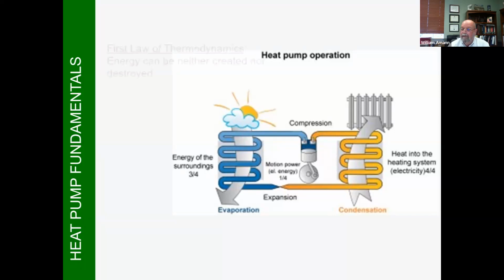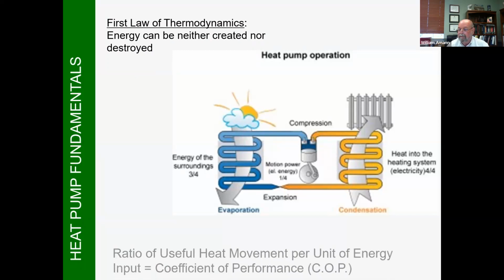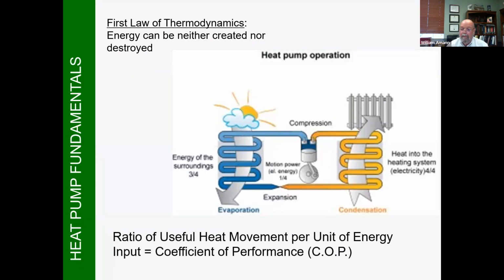Heat pumps follow the first law of thermodynamics. Energy can neither be created nor destroyed. So they don't make energy, they just move it around. They pump it from one place to another. And we can measure the rate of